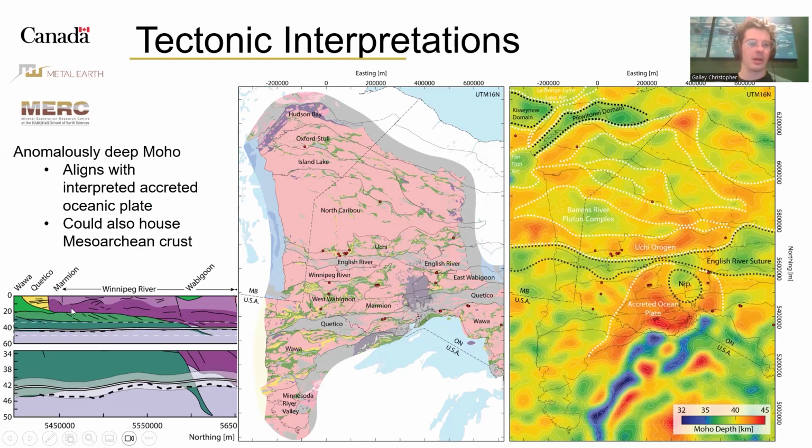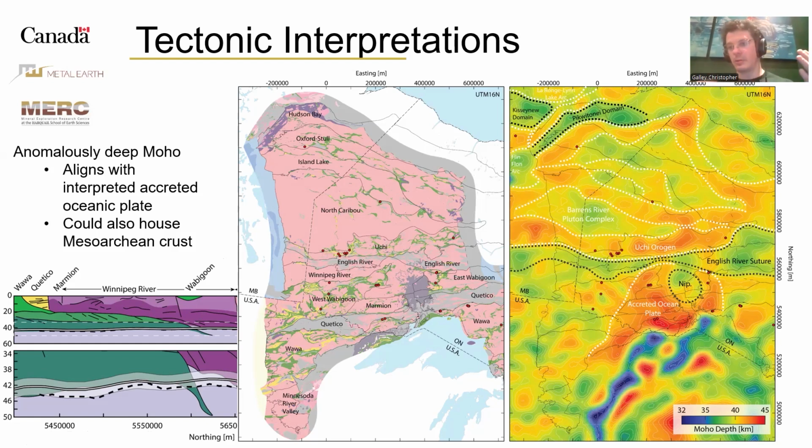Again, calling on the interpreted seismic Lithoprobe profile, this dark green is interpreted to be Archean oceanic crust that might have accreted below the Winnipeg River, Marmion and Wabigoon. In the seismic, it showed as a deepening of Moho, and we can see this in 3D, the shape of this potential accreted plate with a hole punched into it where the Nipigon intrusions,